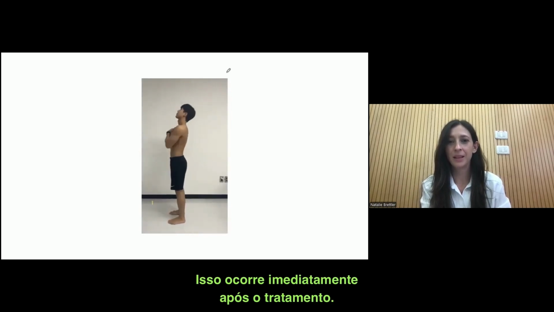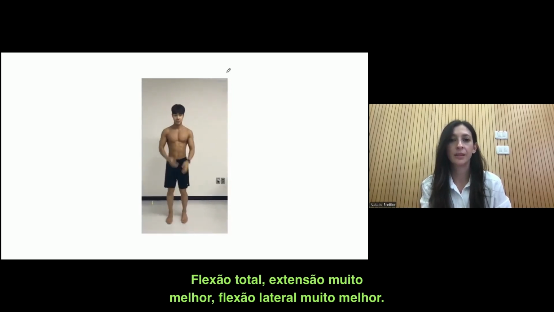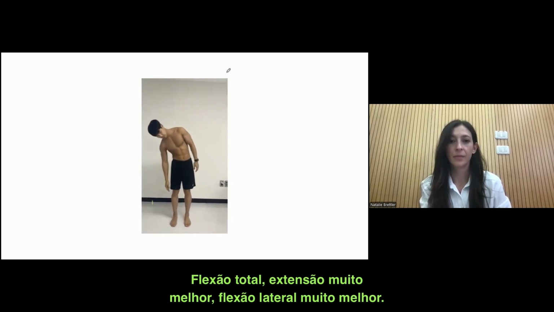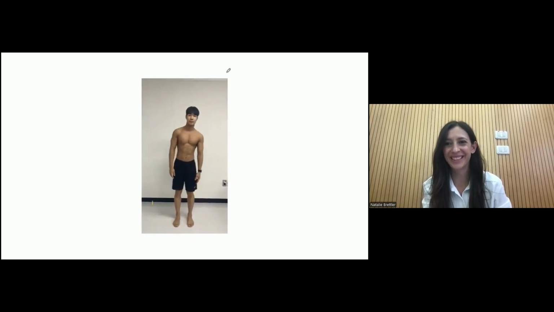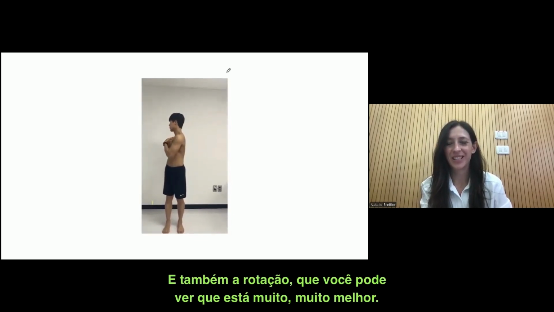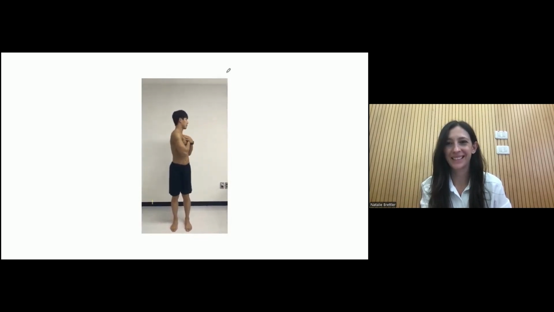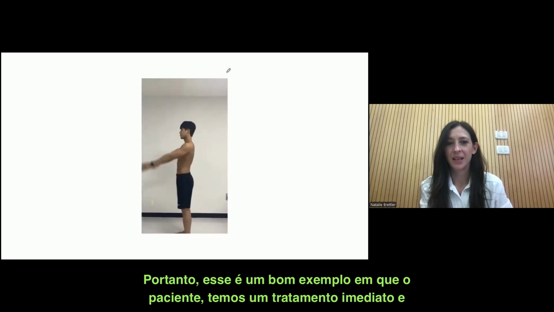This is immediately after the treatment, full flexion, much better extension, much better side flexion. You can see that he's shocked by his result. And also the rotation, which you can see is much, much better. So this is a nice example